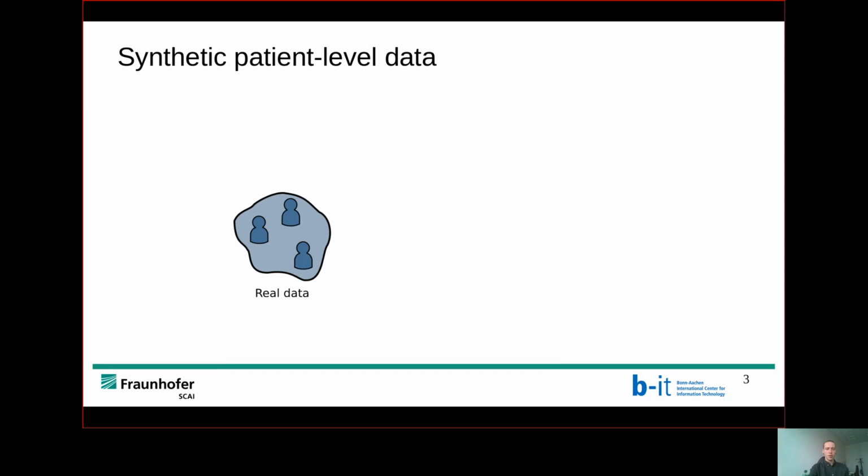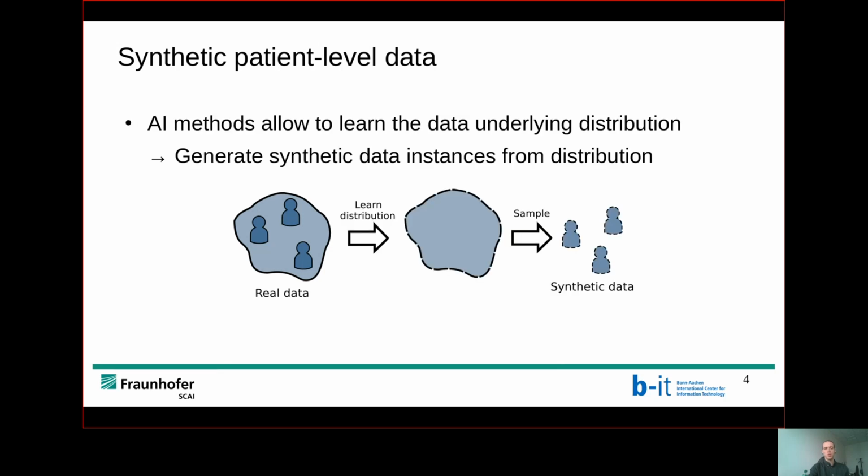And as all real-world data, also clinical study participants are sampled from statistical distributions of some sort. And we can use AI and machine learning methods from the field of generative models to leverage upon this fact and learn the data underlying statistical distribution. By training a generative model on real-world data instances, the model can learn the data underlying distribution, and subsequently we can use this learned distribution to draw further samples from it. These newly drawn samples are what is often called synthetic data.